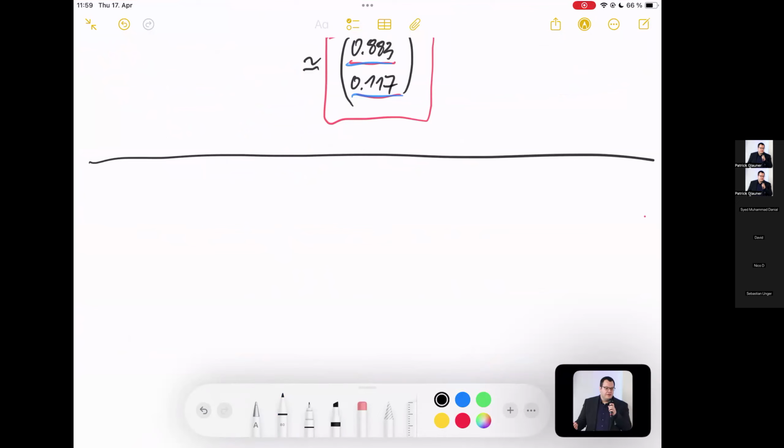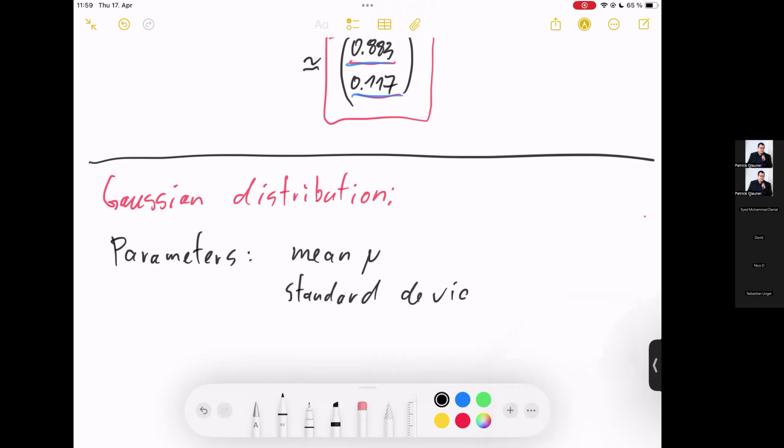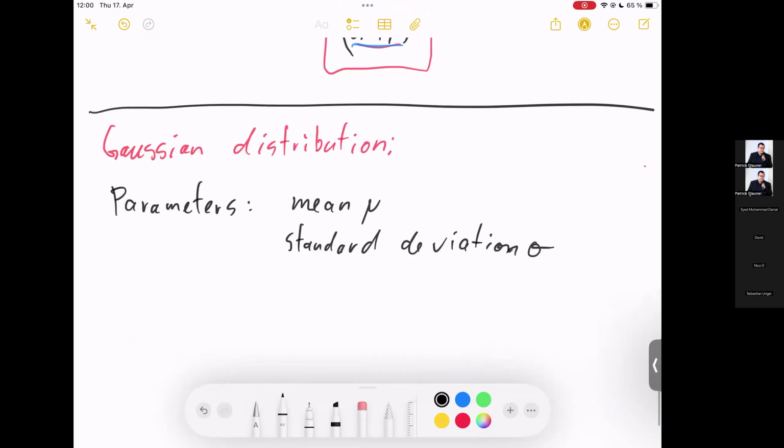Gaussian distribution, probably just a revision, but it's one probability distribution, sometimes also called the normal distribution. The Gaussian distribution has two parameters: the mean mu and the standard deviation sigma, and therefore the variance. So the variance